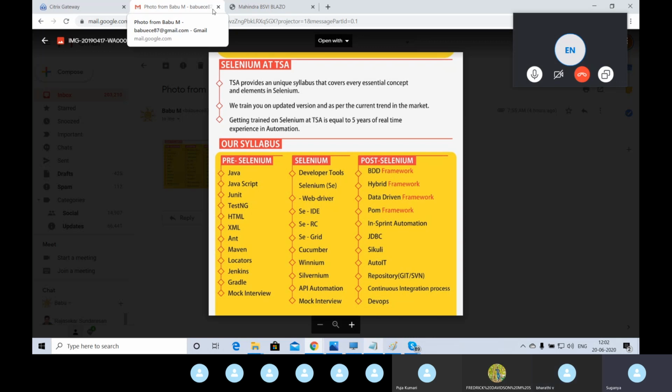Okay, then comes JDBC, which I already explained, right? Then Sikuli. See, sometimes there might be a chance in our application that the web application object is based on an image. There might be some graph or dashboard graph in your application where you need to know the data in that graph. You need to retrieve that data and store it in your automation script, so you need to validate those images as well.